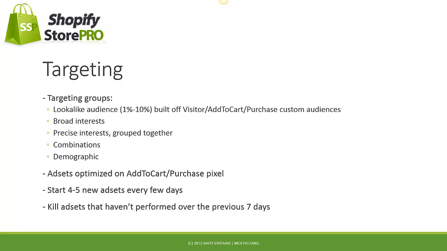The longer the campaign progresses and the more we head into this evergreen stage, the less we have to be concerned with precise targeting. So we can go out to the largest lookalike audiences at 10%, or we can go to no interest at all. It really is one of those things where there's no right answer. It's just a matter of testing and refining, which is why in this phase I will usually start new ad sets every 4 to 5 days, or at least I will check the existing ad sets every 4 to 5 days. I will kill